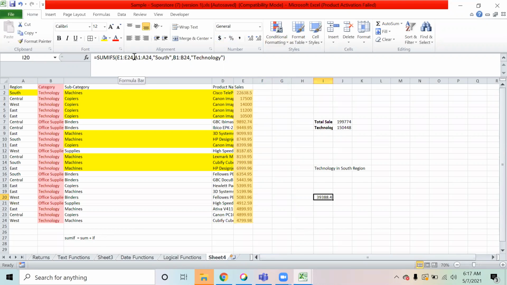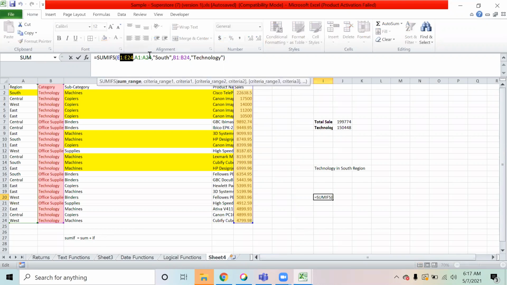So you have to give first the sum range, criteria range 1, criteria inside it, criteria range 2, criteria inside it. Okay.